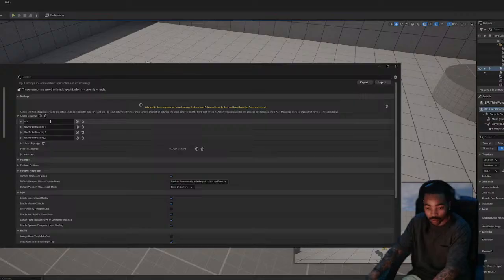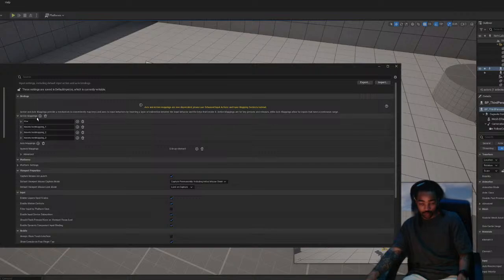No worries. So go up to the top menu and click Edit, then choose Project Settings. In the left sidebar, scroll down to Input. Once you're in Input, you'll see Action Mappings. Click the plus sign, name it Fire, then click the empty box next to it, and press the key you want, like your left mouse button. Once it's saved, we'll go back to